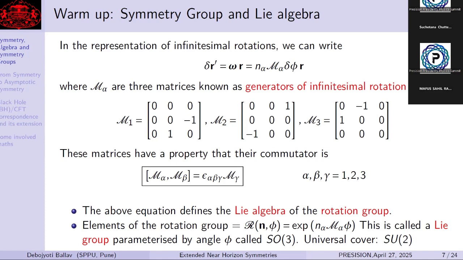And this is called the SO(3) group, where S is for the determinant being +1, and O is for the orthogonal group. And there are some connections with the universal covering group SU(2), which is a unitary group in 2 dimensions. So these are the typical ideas we get from classical mechanics about rotation.